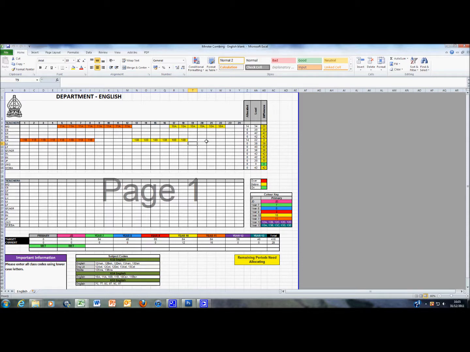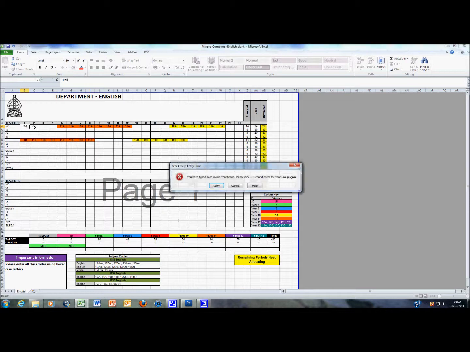Let's look at 12D English as a case in point. For 12D English, 8 periods need to be combed in. MO and LH could be the 2 teachers that make up that post-16 pair, and it's possible for them to work together because they are drawn from different halves of the year group population. MO from A, LH from B. And in this case, 12D English